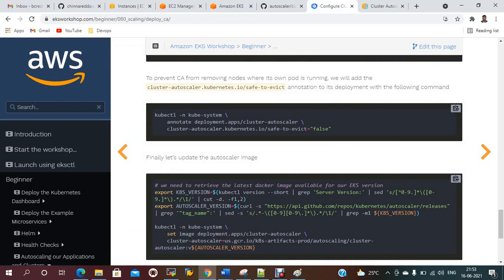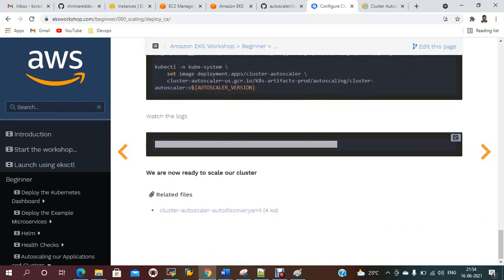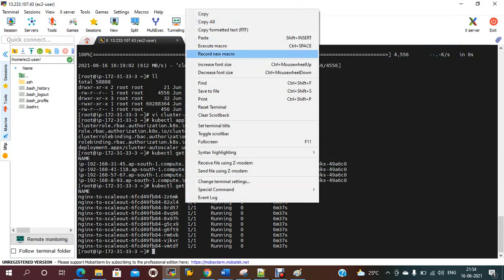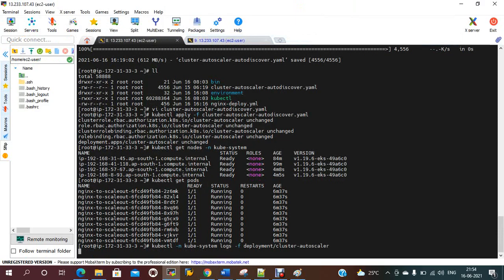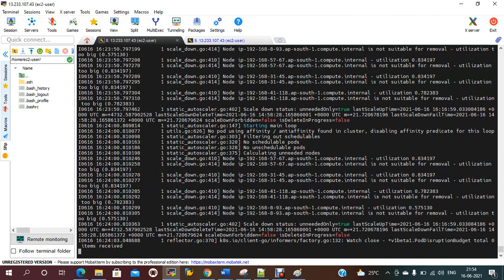The deployment, kubectl get deployment, this is done, this is also done, and if I use kubectl to check the logs, everything is running. If we don't have any errors, it should be successfully running.